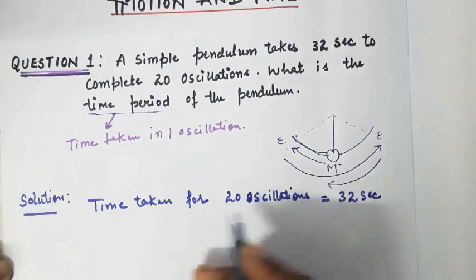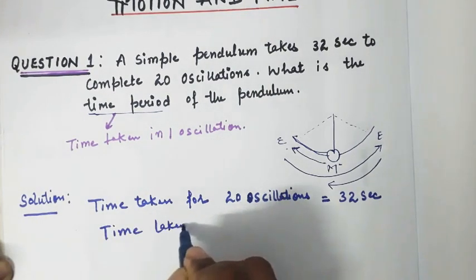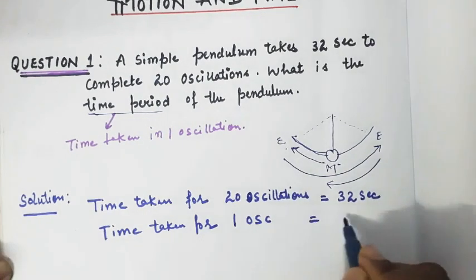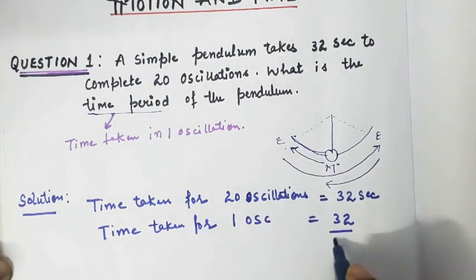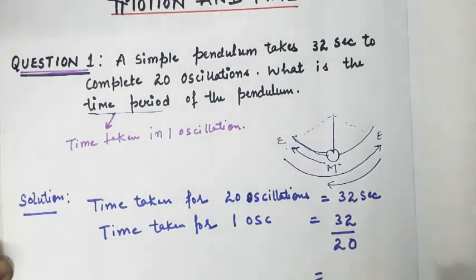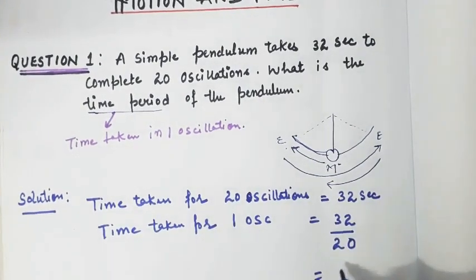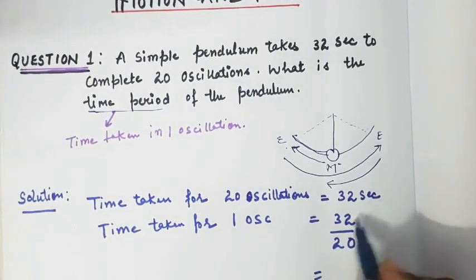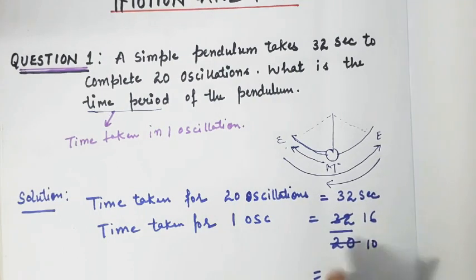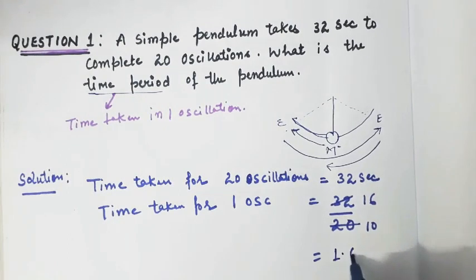So time taken for one oscillation will be 32 by 20, right? By solving this, by just cancelling it out, 16 and 10, as I have divided by 2, you can get 1.6